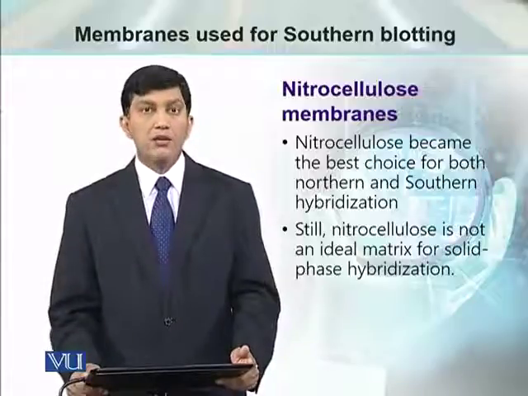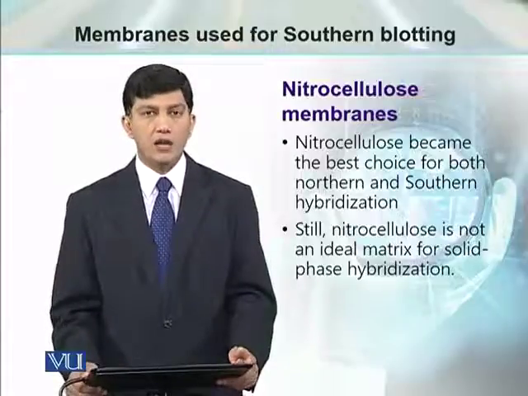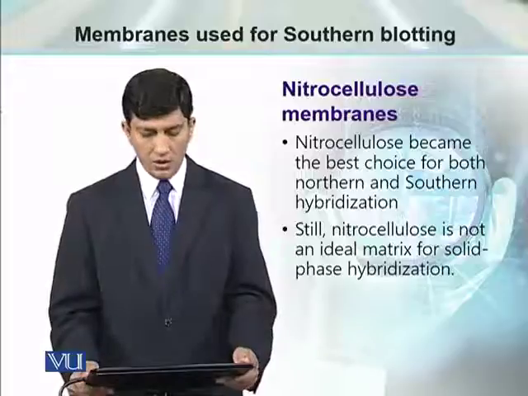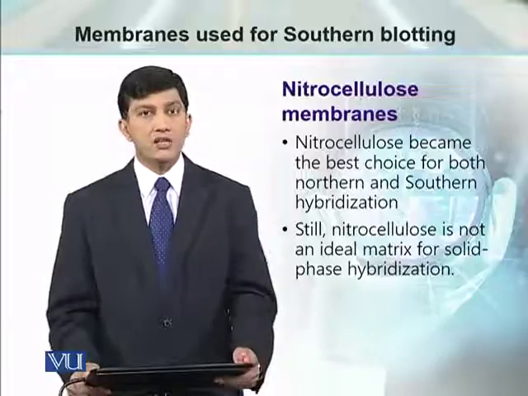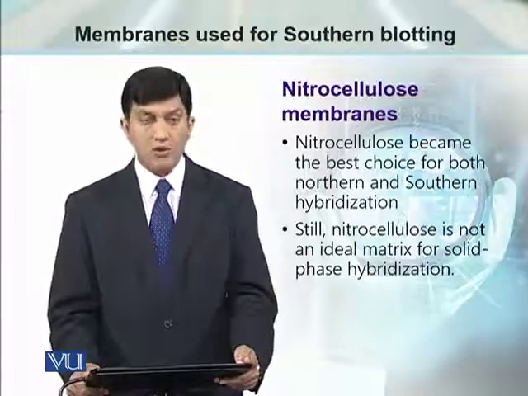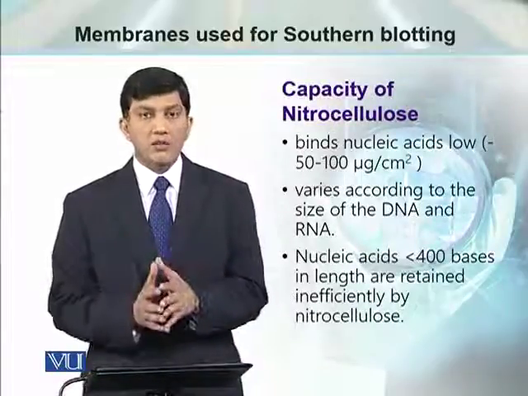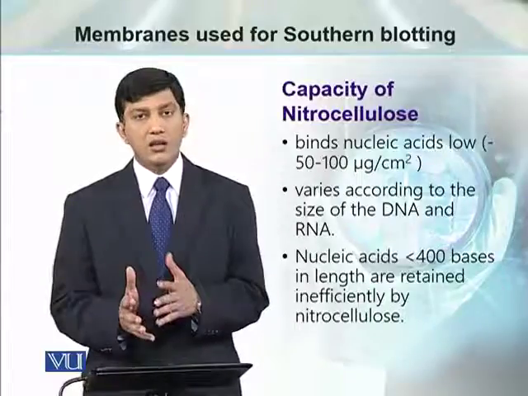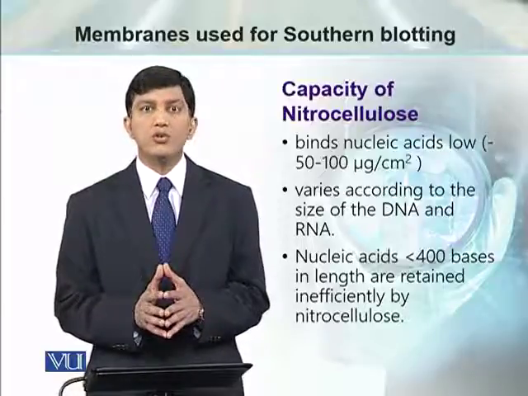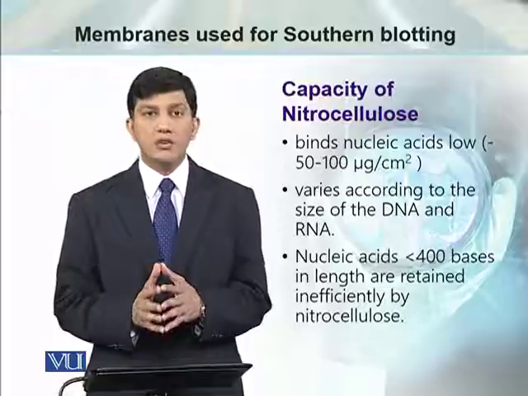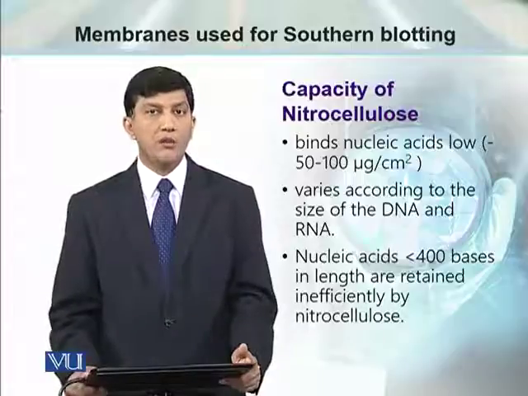By this finding, nitrocellulose membrane became the first choice for both the DNA study and RNA study to perform the southern or northern blotting. However, if we look at some plus and some minus points, this is still not the best choice for solid phase hybridization. अब अगर कैपेसिटी को देखा जाए नाइट्रोसेलुलोज मेम्ब्रेन की कि ये कितनी मॉलिक्यूलर वेट के डीएनए को या आरएनए को स्टडी किया जा सकता है, कितनी क्वांटिटी DNA की इसके पर सेंटीमीटर बाइंड कर सकती है. The nitrocellulose membrane has 50 to 100 microgram per centimeter square